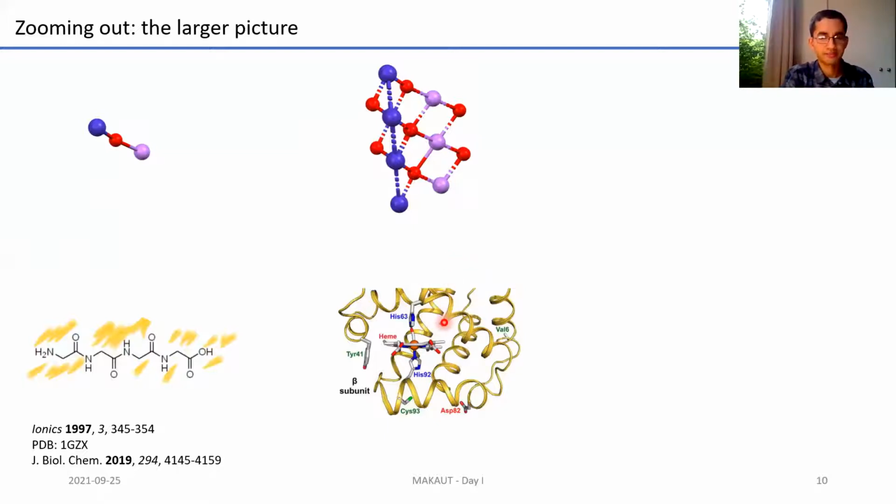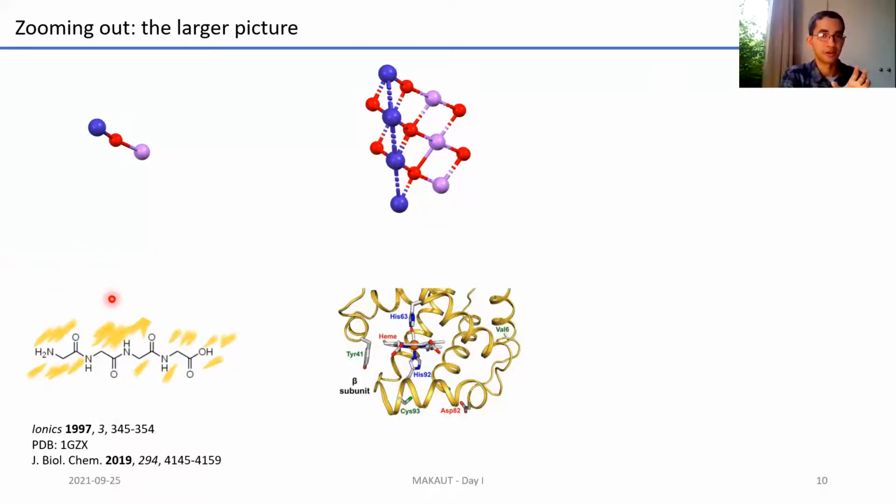I've taken this structure from this particular paper, but for those of you who are aware of the way in which literature is represented, this is the journal name, this is the year, this is the volume, and this is the page number. My apologies if you know this already. But yes, this is the secondary structure taken from this reference. This, by the way, is hemoglobin. And this crystal structure, lithium cobalt oxide, is taken from this 1997 report on ionics. So this is the next level of things.